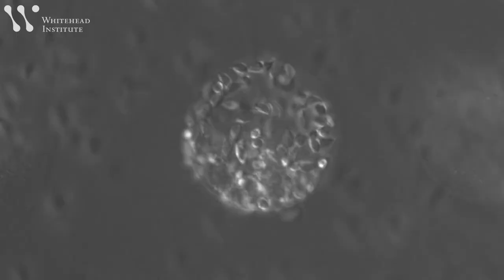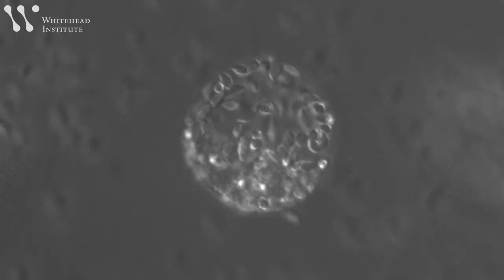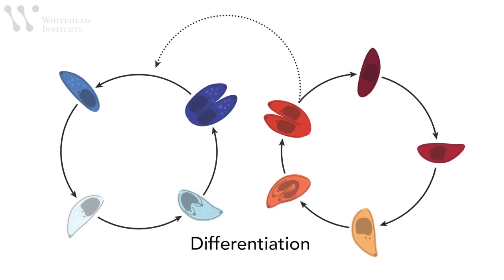So there are all of these open questions around how the parasite is able to evade the immune system, how the parasite is able to survive for such a long period of time undetected, and then how it is eventually able to reactivate from that state and cause disease in people who become immune compromised. One key question is exactly how Toxoplasma controls its transformation from its fast-growing state to its resistant, slow-growing form. This process is called differentiation.